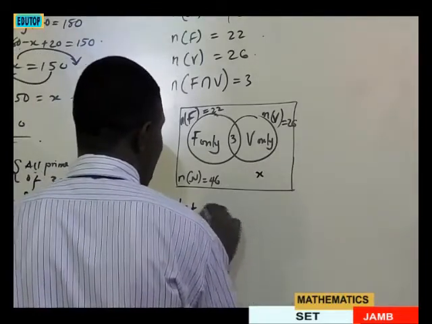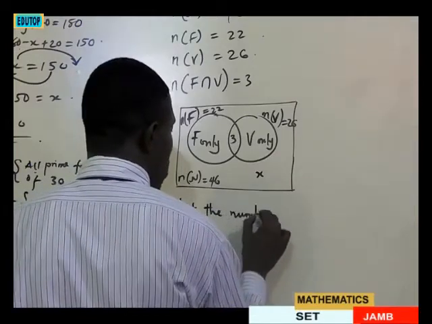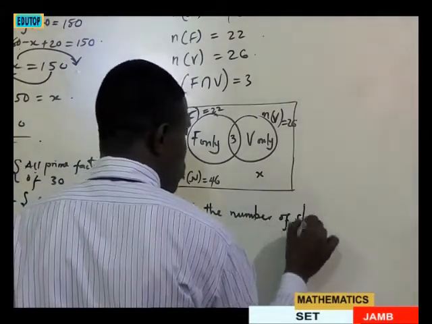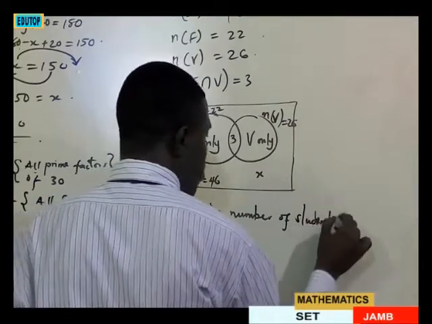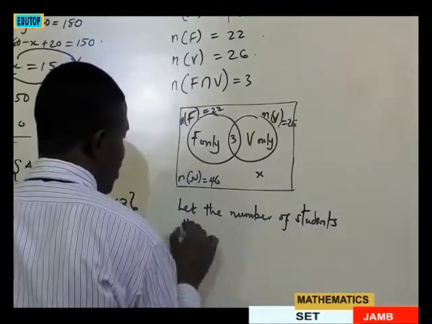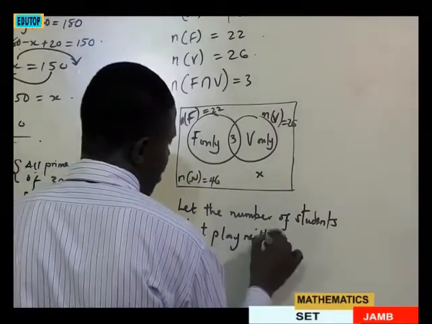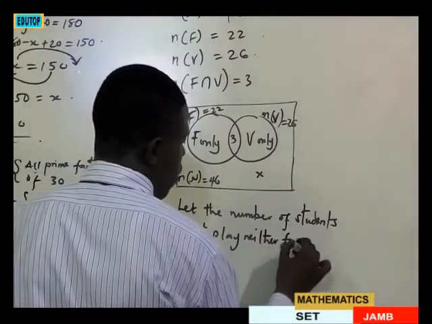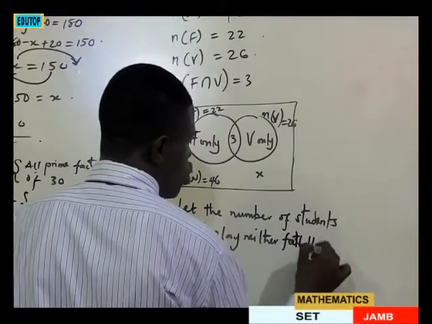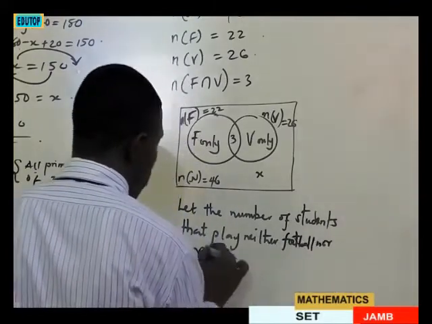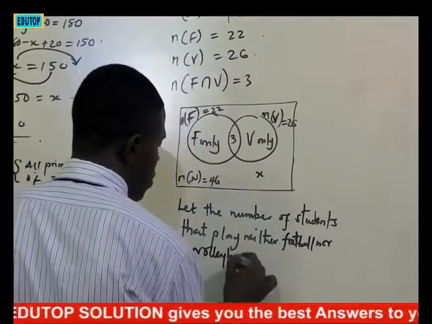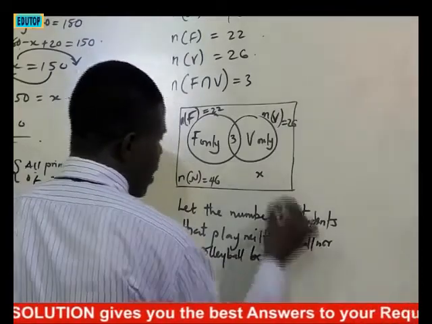So let the number of students that play neither football nor volleyball be X, and I presented that